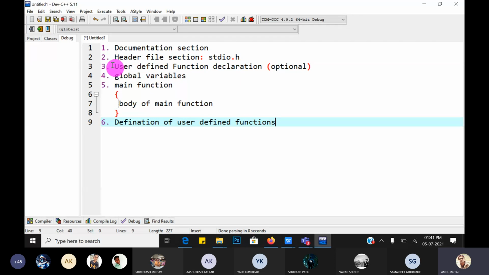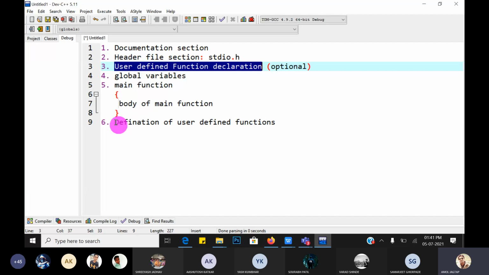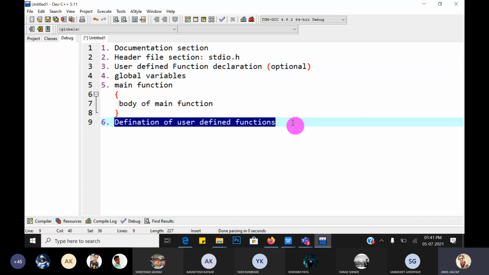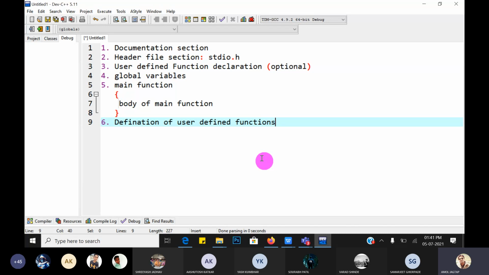So the user defined function declaration comes earlier, and last is the definition of the user defined function. That is, we create our own functions, for example swap, or finding the maximum between two numbers or three numbers. For that we design our own functions.